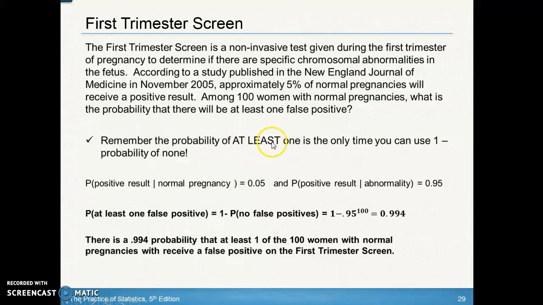So the question says, what's the probability that you have at least one false positive? So this right here is your false positive. So that would mean if you have at least one false positive, you have 1 through 100. Okay, that can be difficult to do. So instead of doing at least one false positive, let's do the complement and do 1 minus the probability that there's no false positives. So that is saying if I take 100% minus the 0.95 to the 100th, which represents no false positives for all 100 of them, that gives me 0.994. So I'm taking out no false